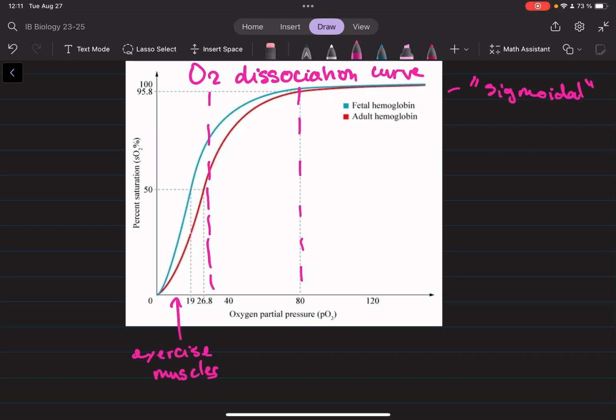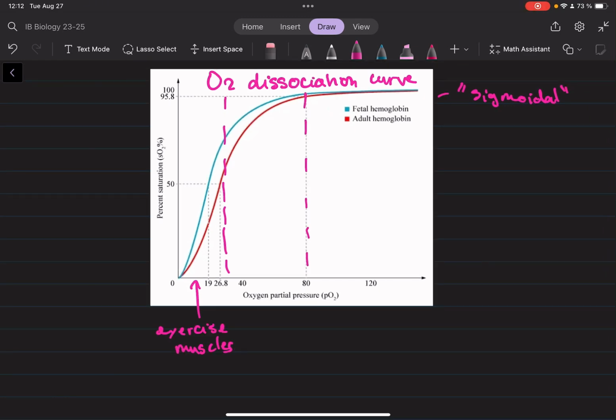And we can know this because of respiration. There's going to be less oxygen available in these tissues because of that respiration. Now we want the blood to have a lower affinity for oxygen in these areas because we don't want the oxygen to bind to the hemoglobin, but we want it to diffuse into the muscle tissues